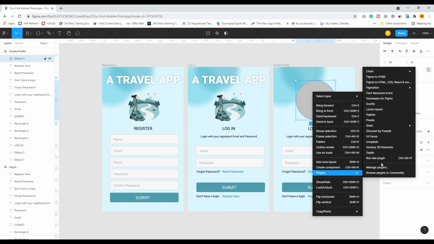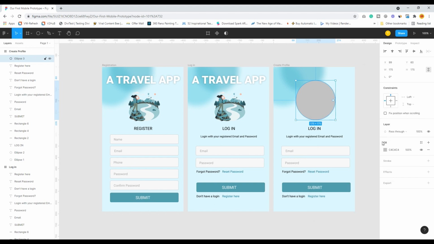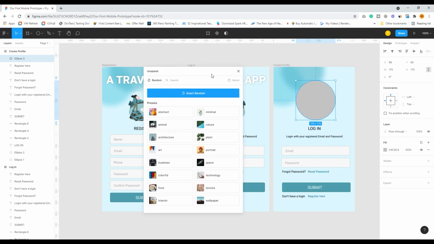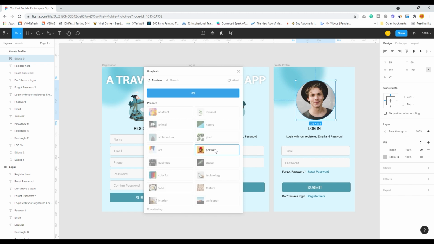So I will just quickly go to Unsplash and click over there. Over here you can see a lot of images, lot of things are already there. For our purpose, we will just click on this portrait and check which image we want to take.